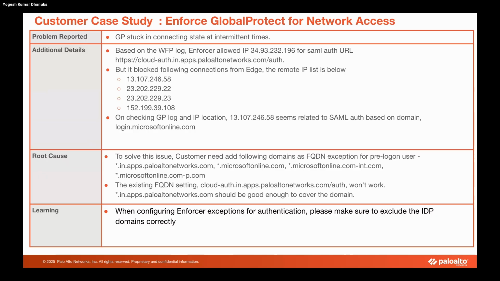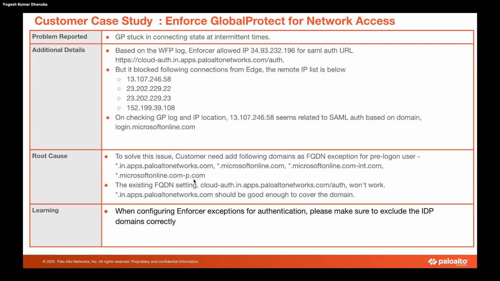The resolution there is we do know what the different URLs are which are needed for the Azure IDP to function. One of them is login.microsoftonline.com. So apart from the Palo Alto Networks domains used for the cloud authentication service, in.apps.paloaltonetworks.com, the customer had to add in.apps.paloaltonetworks.com and a couple of Microsoft Online domains,